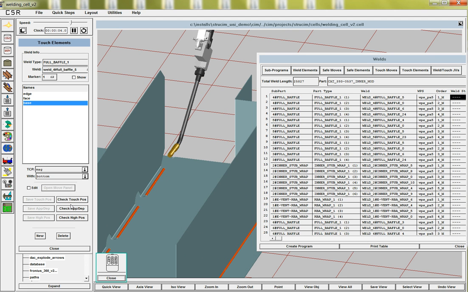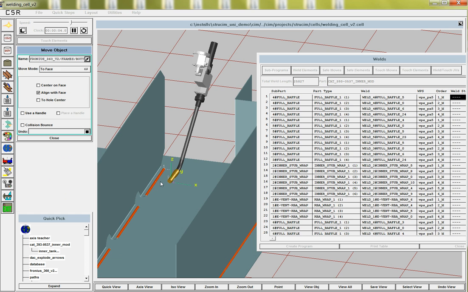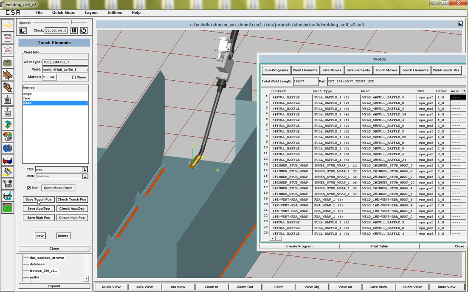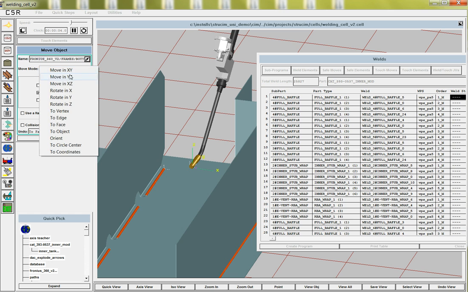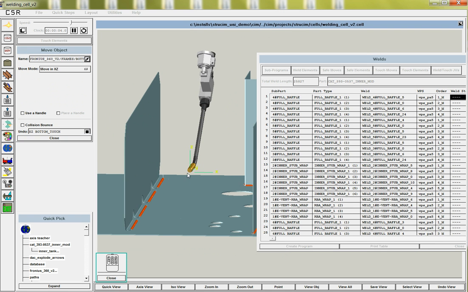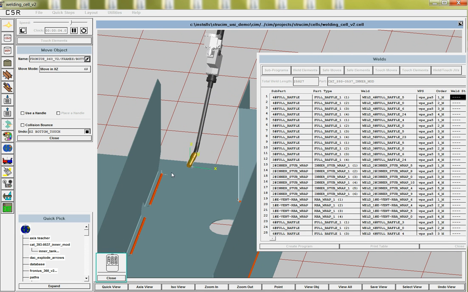So it's really easy to change this around. You can just go in here and say, well, I think touch would be better maybe over here, or maybe we're going to touch it on the edge, wherever it makes sense. And then you say, okay, I'm going to save that touch position. And then 30 millimeters, not 300, 30 millimeters is usually the distance that the touch starts. So we're assuming that the variations in this part placement are going to be within 30 millimeters, probably better like 15 millimeters,